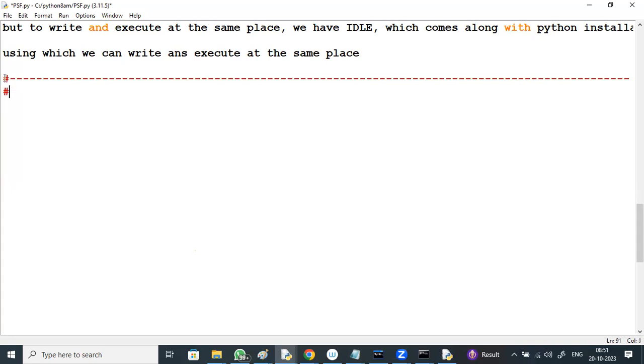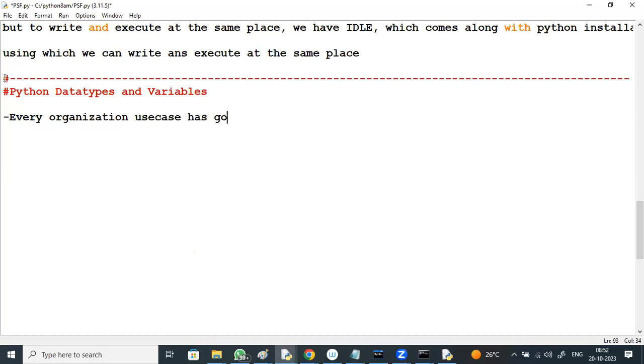So, Python data types and variables. Every organization use case has got data and operations.